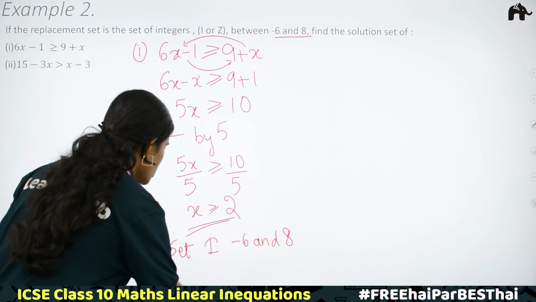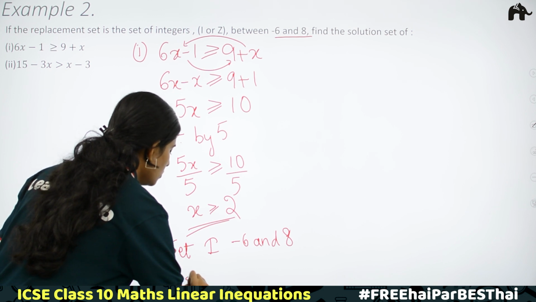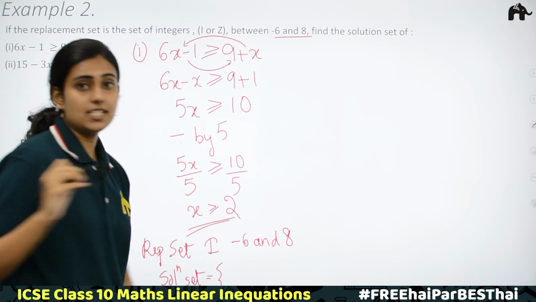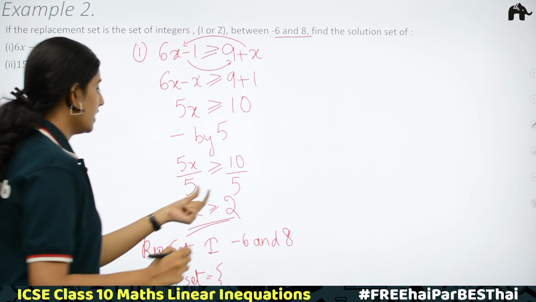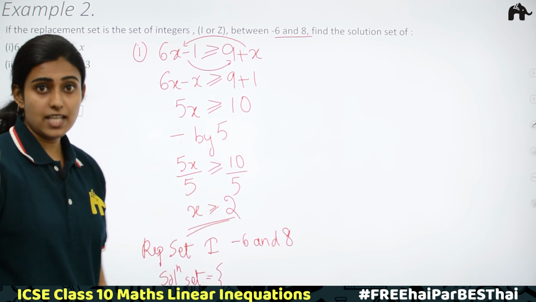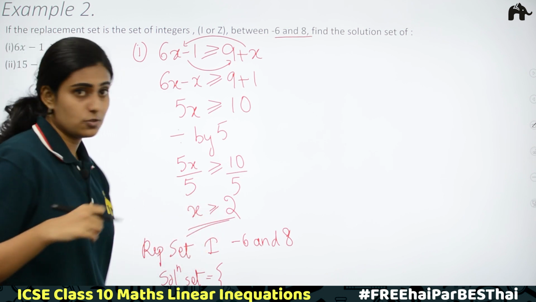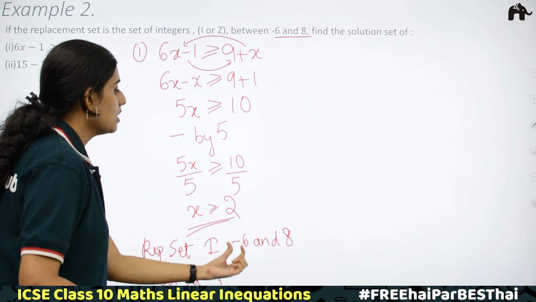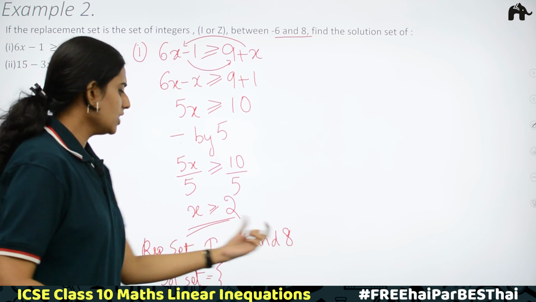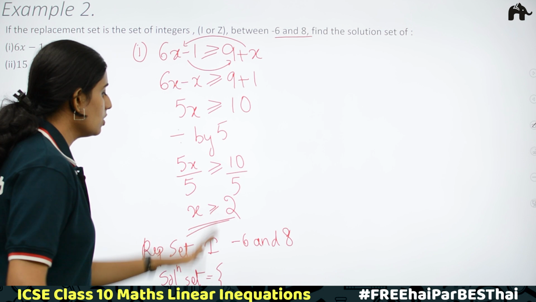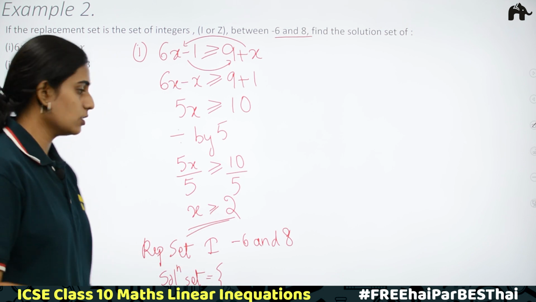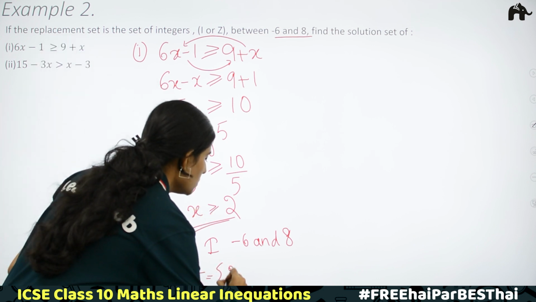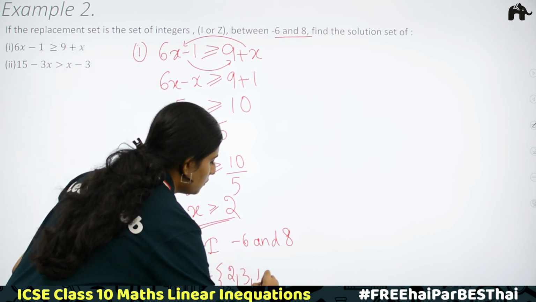Then what is the solution set? Solution set is equal to, solution set we represent in a flower bracket. The number should be greater than 2 or equal to 2. It should be an integer and it should lie between -6 and 8. So, negative numbers won't come. Even 0 and 1 also should be excluded from the positive part. We'll be having 2, 3, 4,